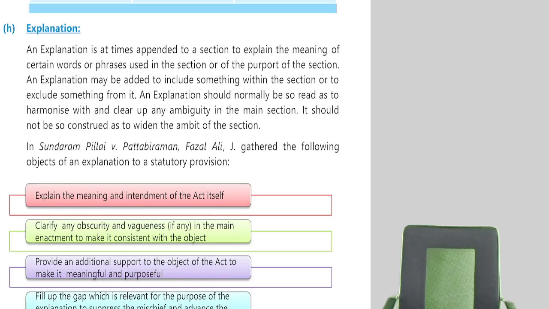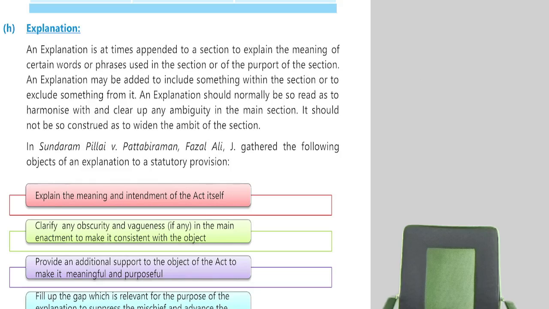That's called an explanation. Explanation is nothing but definition. But those given in section 2, and those given in other sections, are they explanations? Understood the concept? So simply tell me, what is an explanation? Just now I told you what an explanation is. Explanation is a definition only. But it forms part of section 2, or any section. In any section you can write an explanation. Understood the point? Write down.